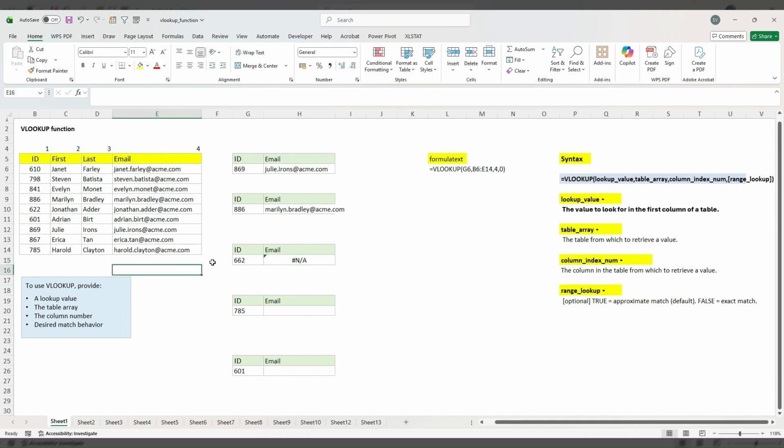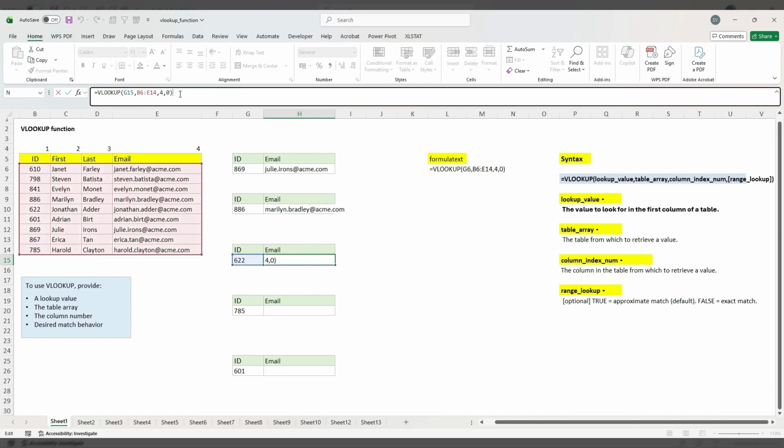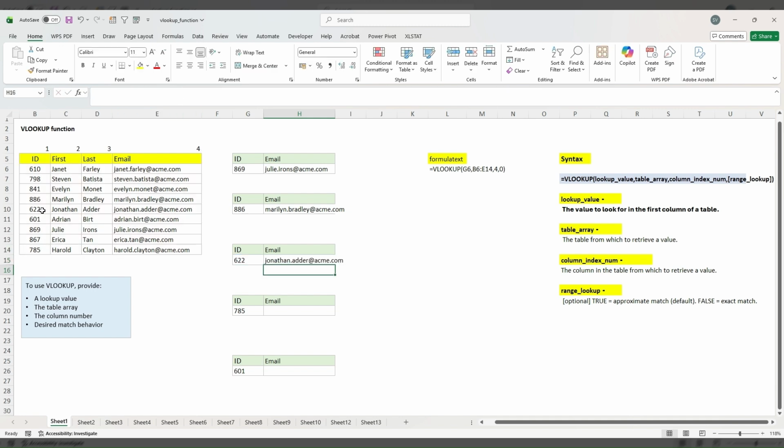So this was a printing mistake, but it was okay, because you will know how to handle errors when you are doing a VLOOKUP formula. So let's correct it to 622. Now go to this, and now enter. So you've got the 622, it is jonathan@acme.com. So this is how your VLOOKUP function works, and it's always important to remember that the VLOOKUP function works only when the lookup value is on the left side of the table, and the information